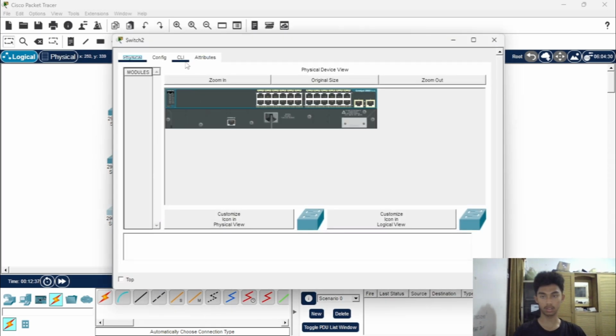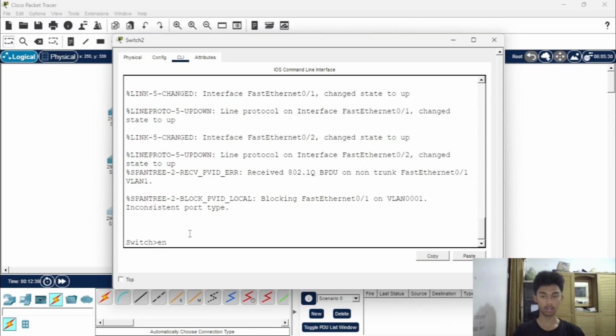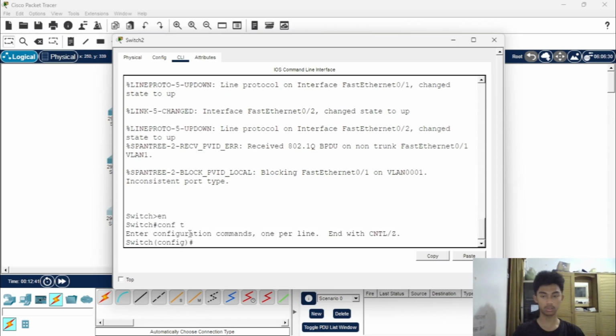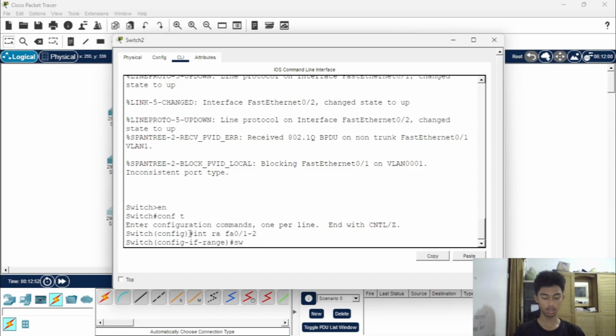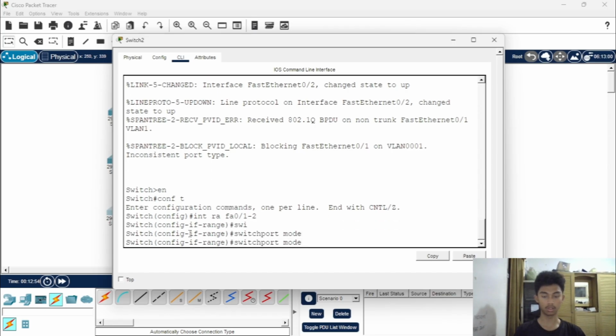Next switch, the same command: enable, configure terminal and then interface range 0/1 to 2, enter, switchport mode trunk.